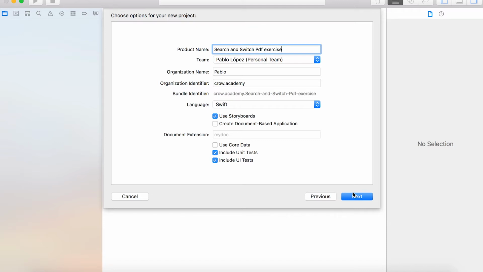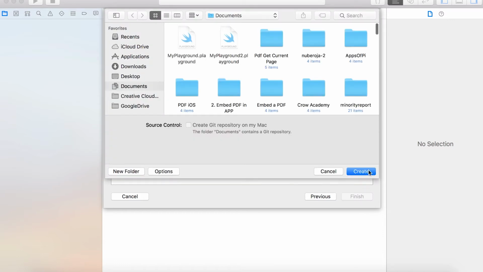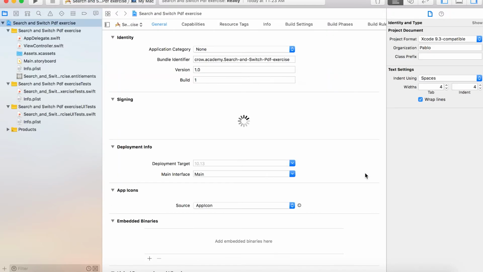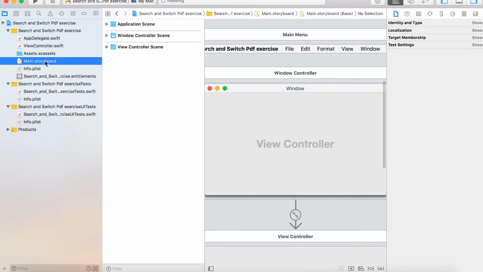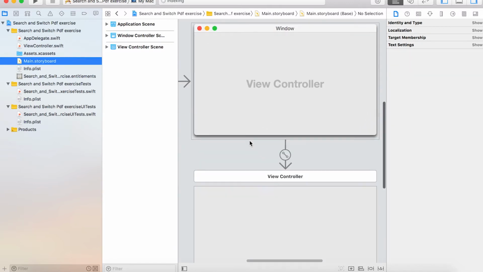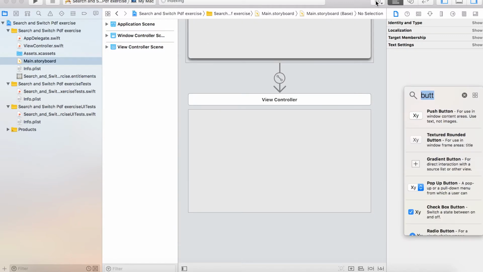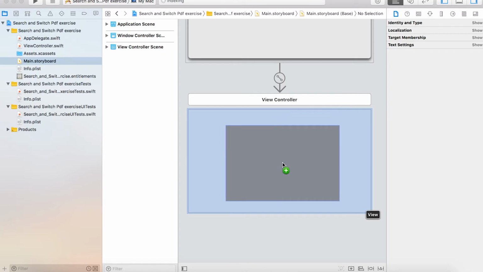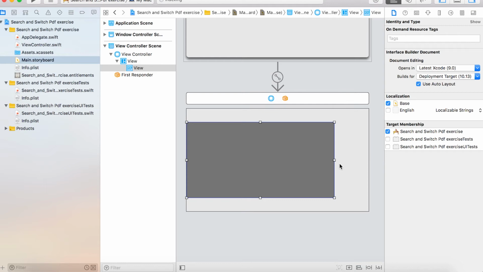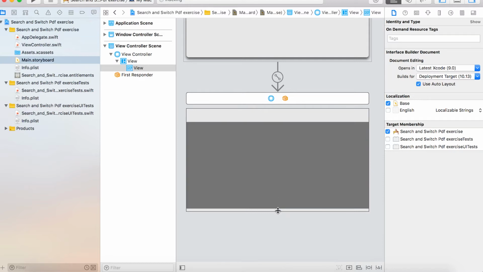So we create the name, and first we're going to create the UI, the user interface, and then I'm going to explain the code needed so the UI can respond to the events. So here I create the project. I'm going to switch to the main storyboard, and I'm going to create a very basic UI. I'm going to add a PDF kit view. I drag and drop it, make it full width,